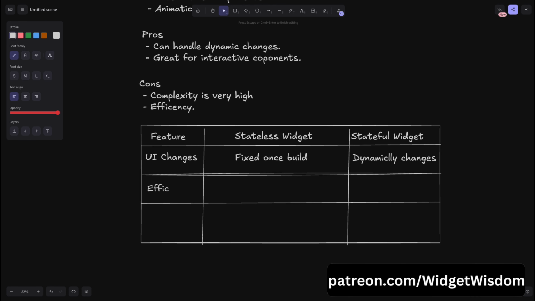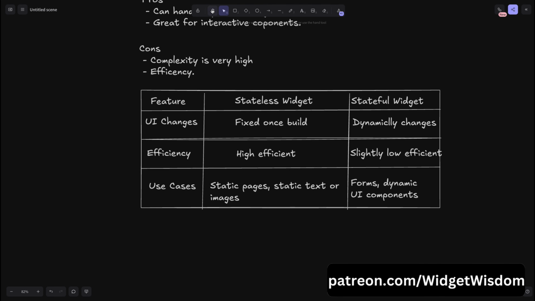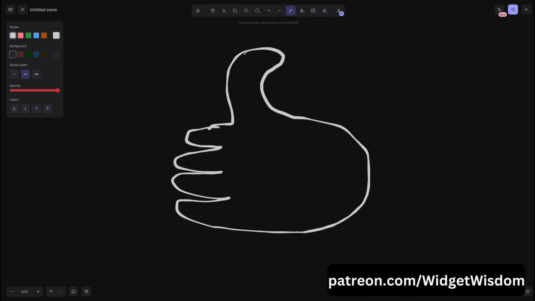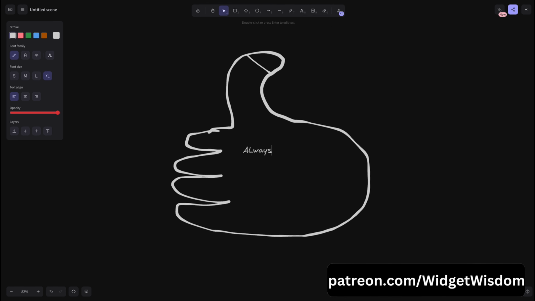Stateless widgets are highly efficient, while the stateful widgets are slightly less efficient in comparison with the stateless widget. Then, stateless widgets are best for static pages, static text or images, while on the other hand, stateful widgets are good for forms, dynamic UI components. Okay, so as a rule of thumb, always start with stateless widget if you are not sure whether you will need state. Only use stateful widget if you know that the component will need to be dynamic.